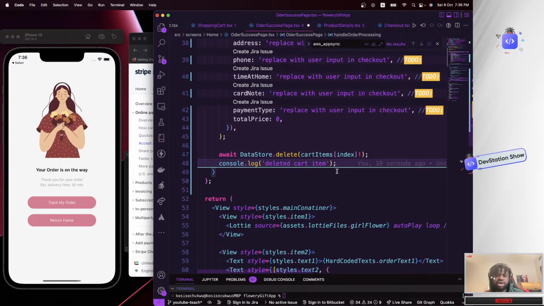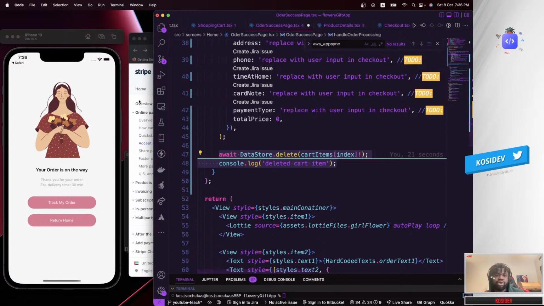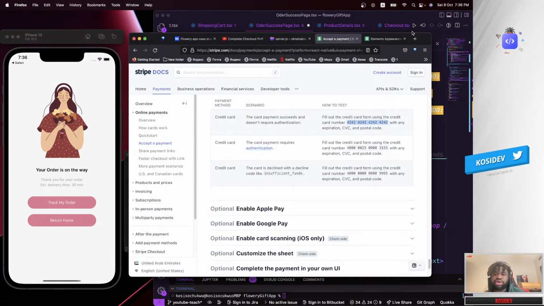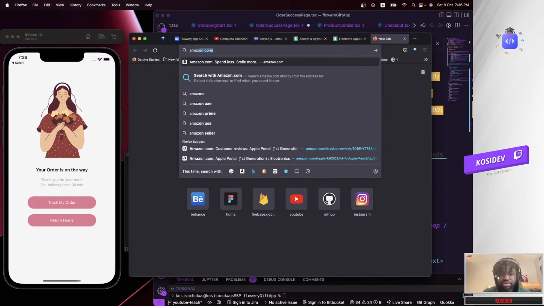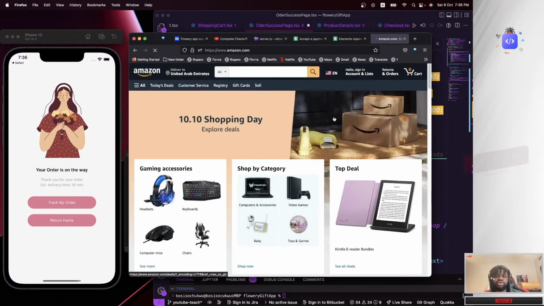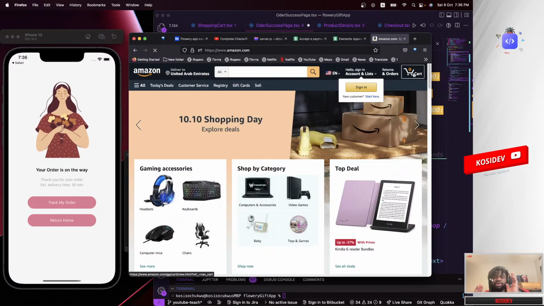What this will do in the real world, let's say you are using Amazon, for instance. I know a lot of you always buy stuff from Amazon, and I'm doing a free ad for Amazon too.